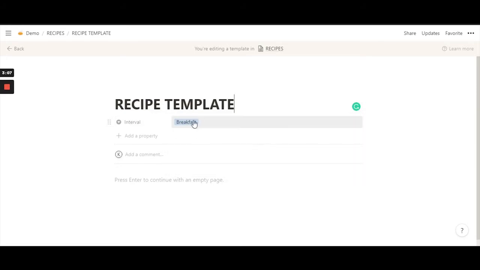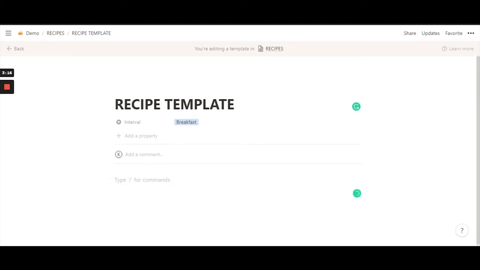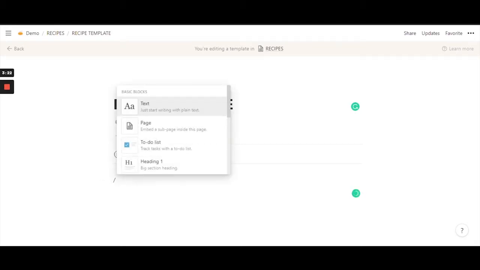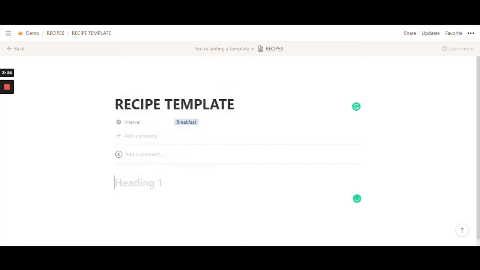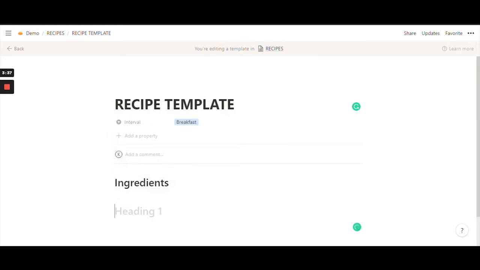So we have a basic layout ready, but it's not really a layout, because we definitely want to see how we can alter the space right here. So just like how you would enter any line, just go ahead and type out your content. I'm going to use H1 and type in ingredients, and I'm going to hit enter, and again use the slash command to bring out heading 1 again, and use